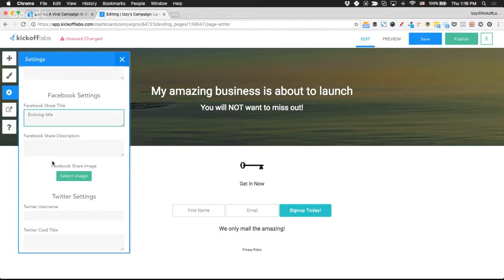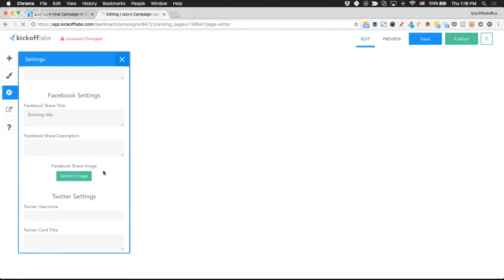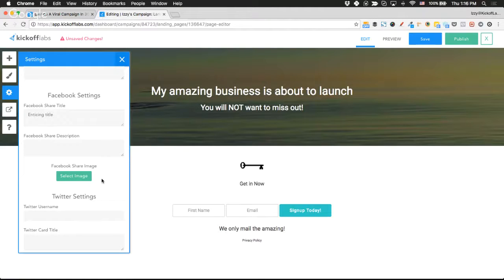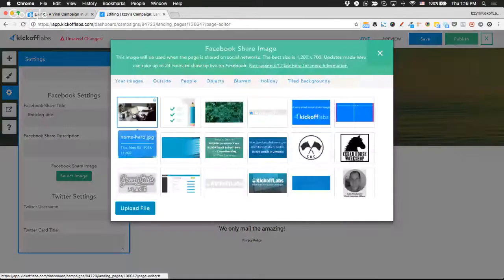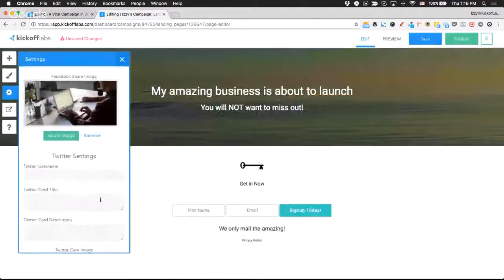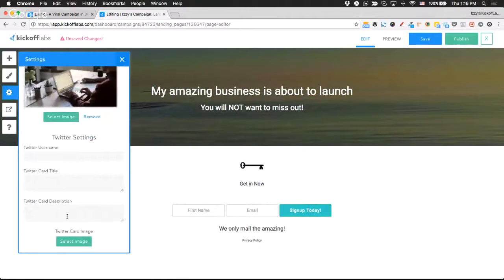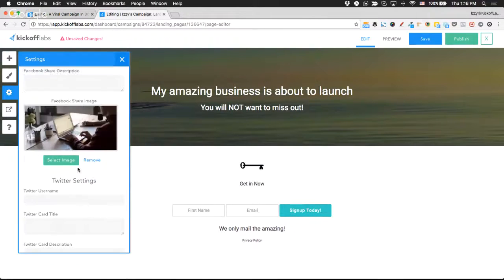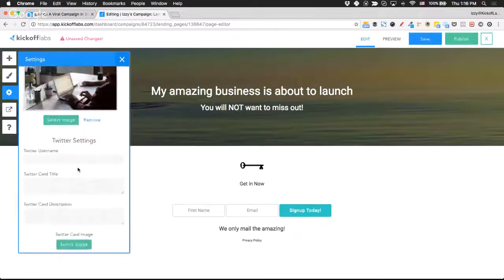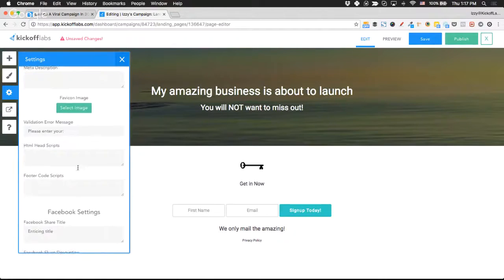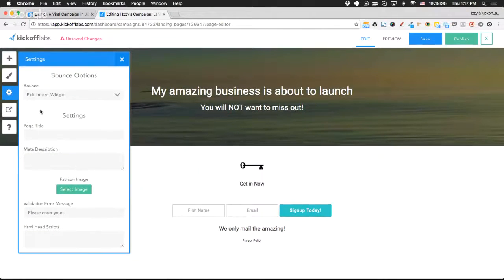So you might see this on a thank you page, but be aware that when people share your campaign, it's always going to be pulling the sign up page, because basically that's where we want to push people. We want to push people to the sign up page where they can get referrals and where they can start sharing with additional people. So this is really easy. I can add my Facebook share image, and I can also add my Twitter text and all this really good stuff. So be aware that you do need to fill out the Facebook settings and the Twitter settings. That's really, really important.